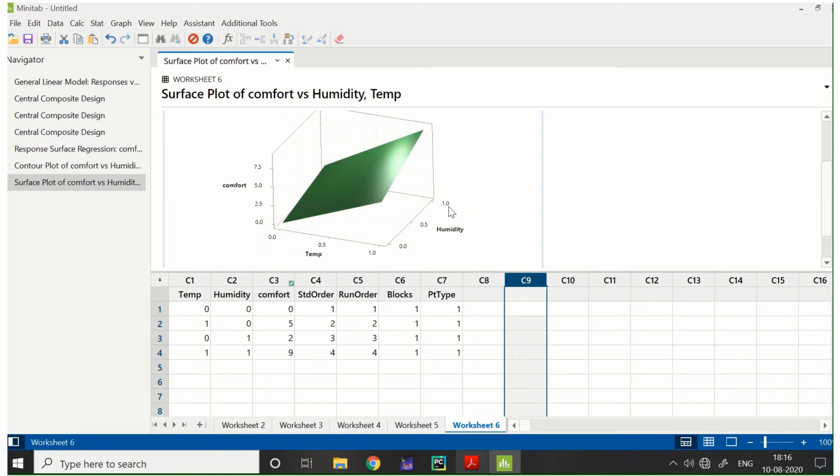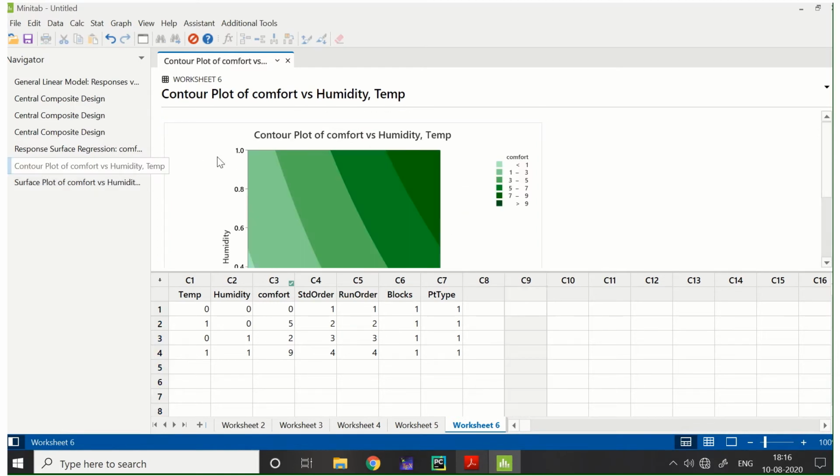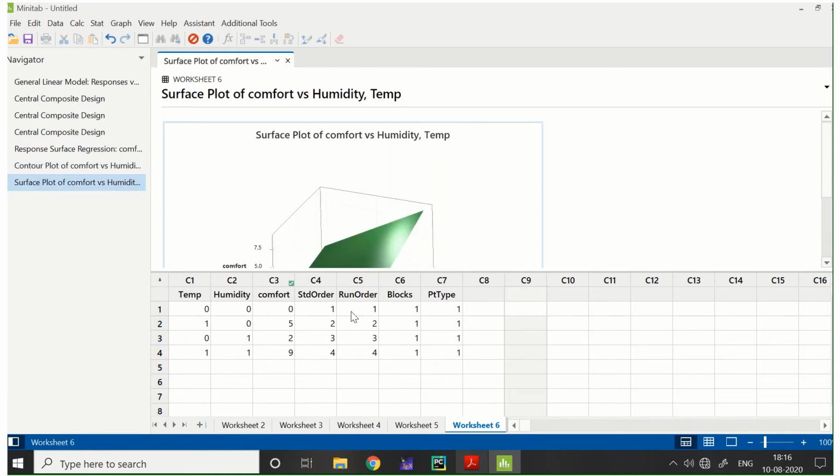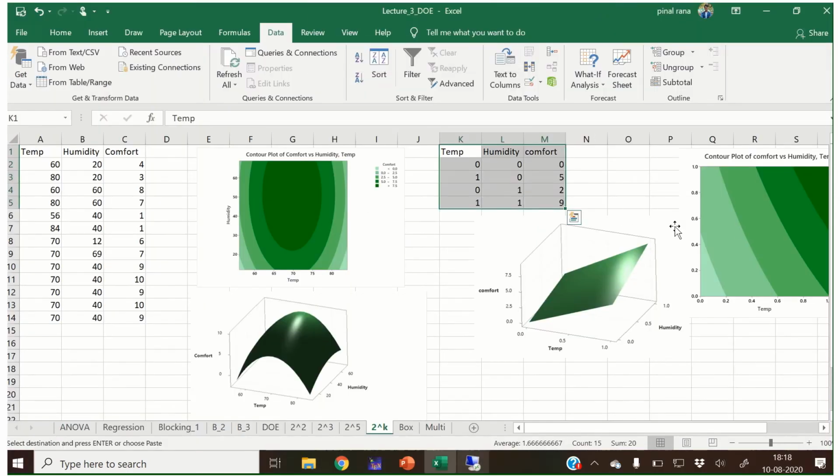I have copy pasted this contour and surface over here.